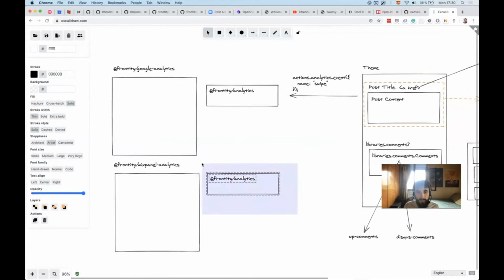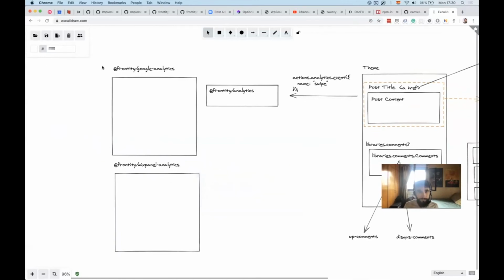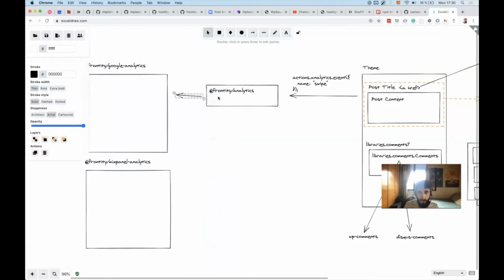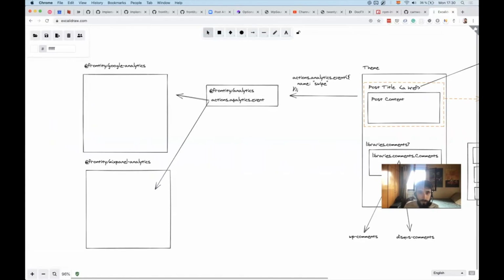So this acts as an interface, and you're going to be calling here the actions analytics event, but this event is going to be calling